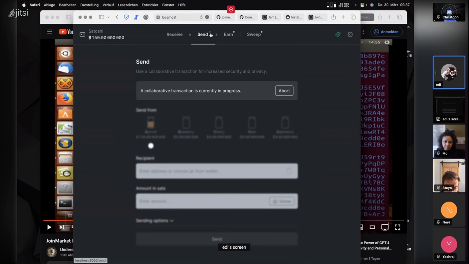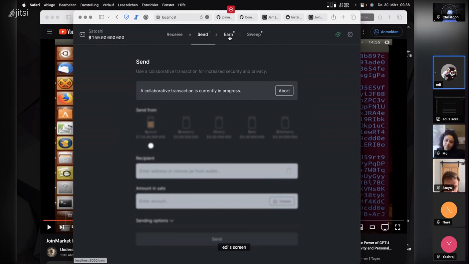So you see there's a little green dot fading in, fading out. You see our coinjoin icon top right, showing that something is in process. And when you revisit the site, this page with the set, you actually see that everything is more or less hidden, not readable, and that something is going on. Nevertheless, you could even abort it, or you can leave it running, because the same warning should, and I hope